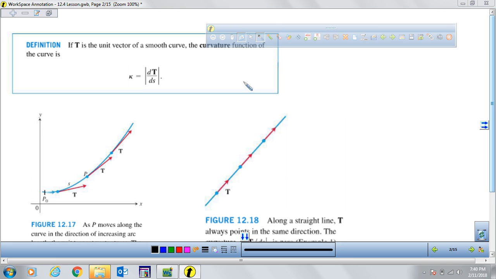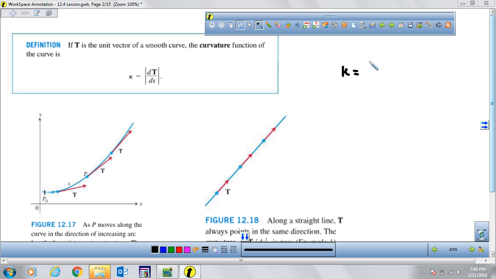Okay, now this is the formula for the curvature. We call it k, lowercase k, in terms of any given arc length s. But what if the arc length is given in terms of any parameter t? Then using what's called